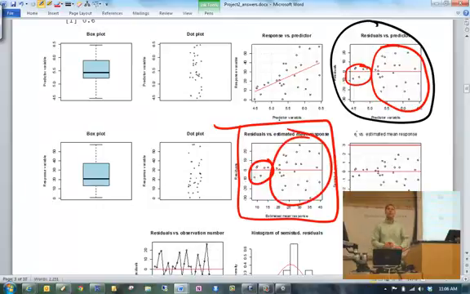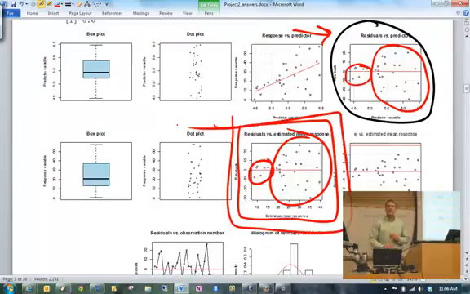So thus we do have a problem with the constant error variance. Now you can see that the two plots that I have circled there look very similar. And the reason why this occurs is because we only have one predictor variable. Once we go to more than one predictor variable, you could have multiple plots of those and still only one